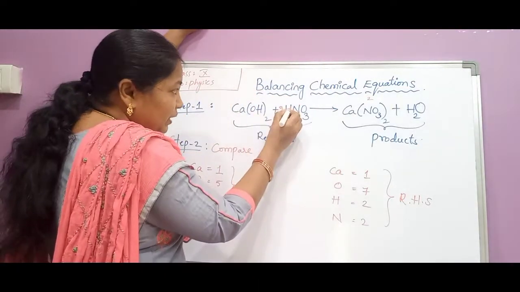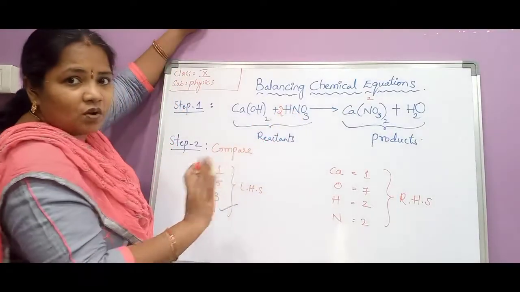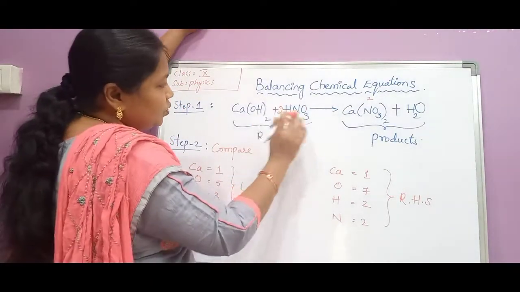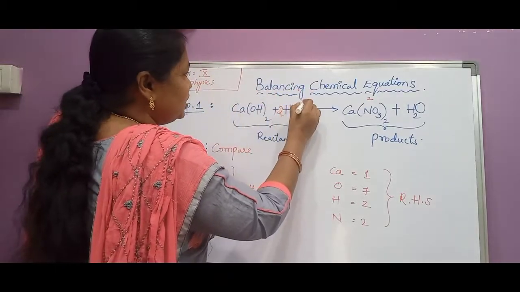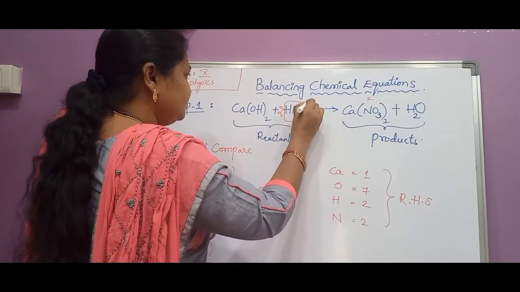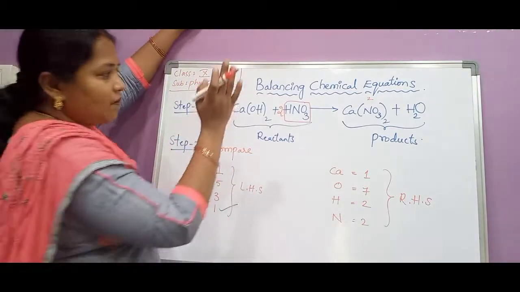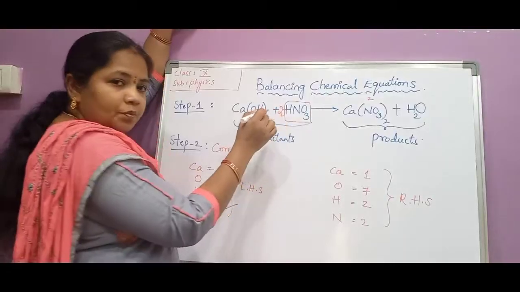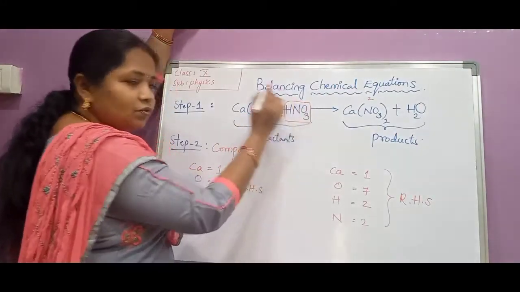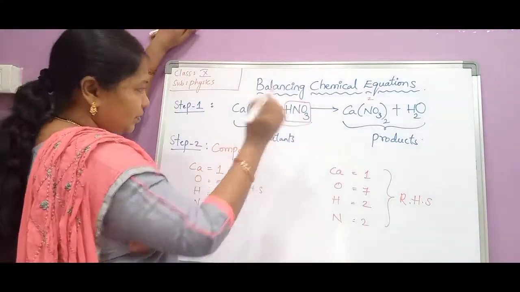We should not write 2 in between here or somewhere else. We should not write like that. Some children are writing like that. So you should not write like that. Whatever the formula is, HNO3, this whole formula we should not touch. We should not change the formula. That formula should be like that only. Instead, this 2 should be written only towards the left hand side of that HNO3. Okay, towards the left hand side we have to write 2.